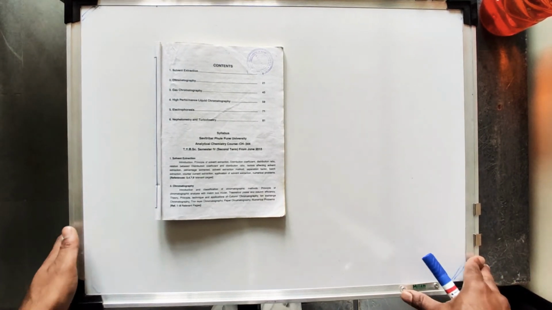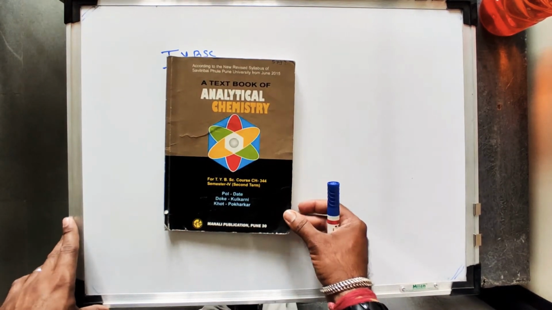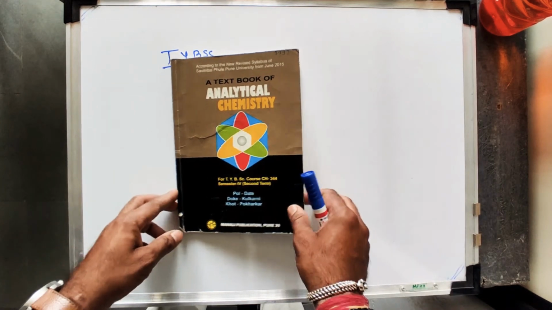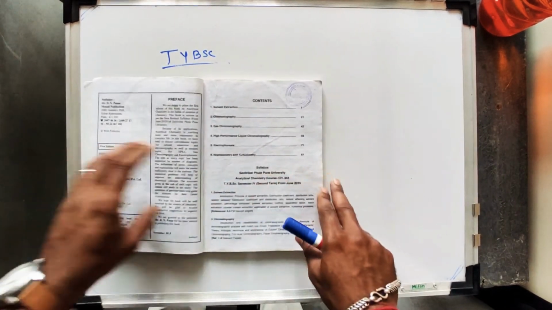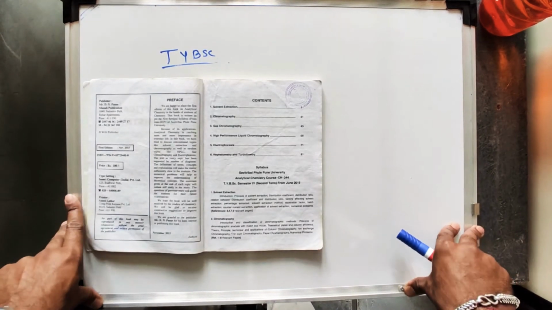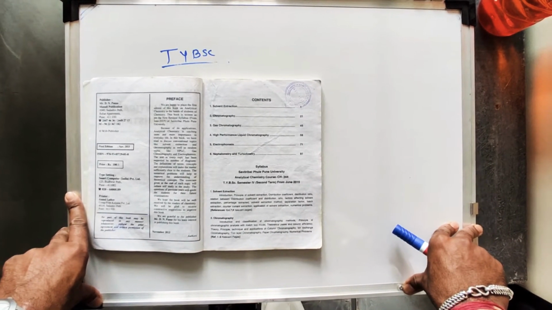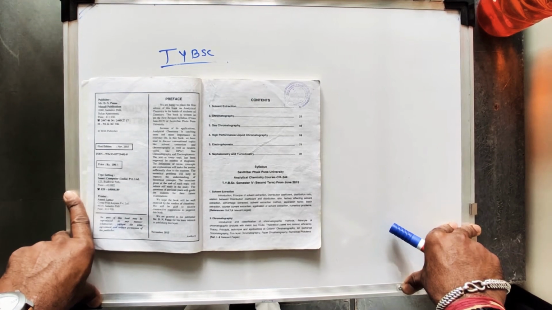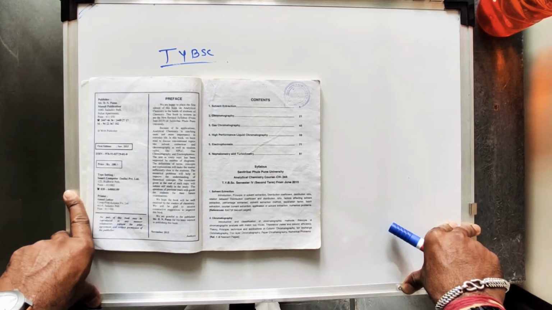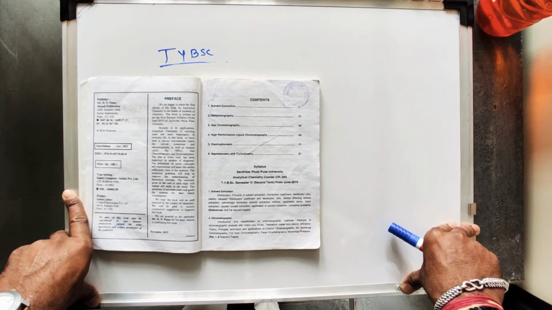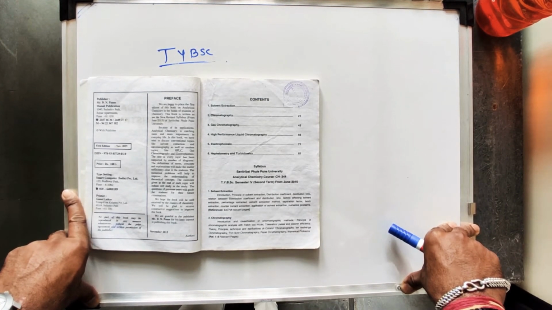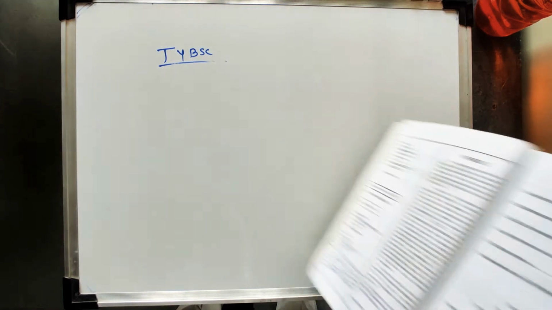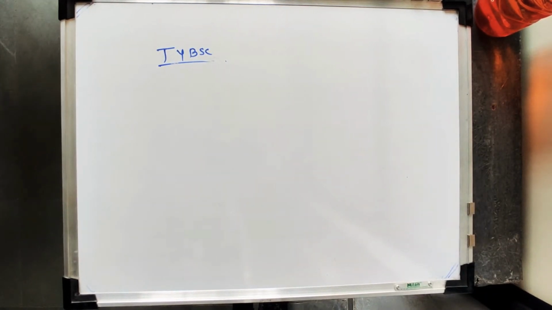of chapter 1st. This course is of your analytical chemistry, having the course code CS344, semester 4th, that is semester term 2nd, right? In this course we want to study the 6 chapters, including chapter 1st solvent extraction, chapter 2nd chromatography, chapter 3rd gas chromatography, chapter 4th high performance liquid chromatography, chapter 5 electrophoresis, and chapter 6 nephelometry and turbidimetry. From this lecture we will discuss chapter 1st, that is solvent extraction, right?